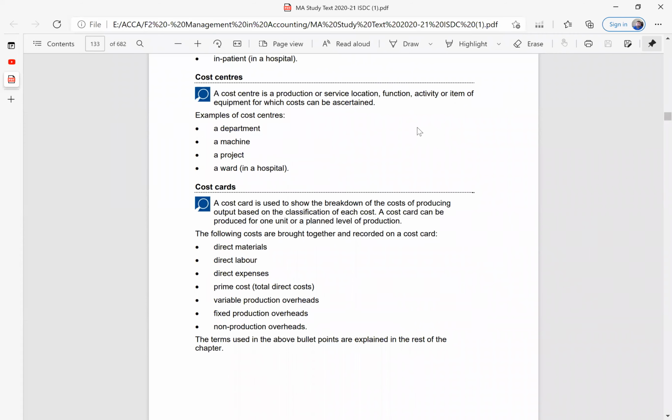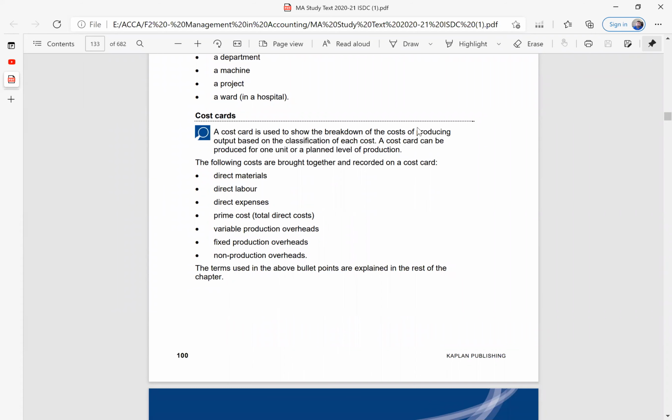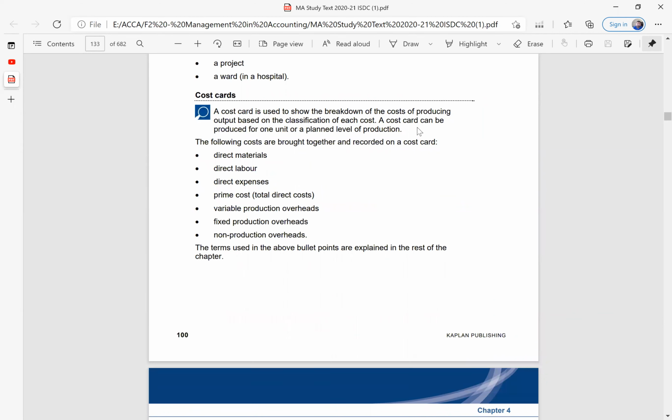Now, cost card includes all the costs, all the range of costs or all the lists of costs that are going to be incurred while producing a product or while doing production in a company. So that includes direct material cost. Direct material cost relates to those raw materials that you are going to buy from the supplier. So let's say if you want to make a table, okay, and you want to make a wooden table, and for that you need 5 pieces of wood. Now every table is going to need 5 pieces of wood. You can't do anything to reduce the wood.